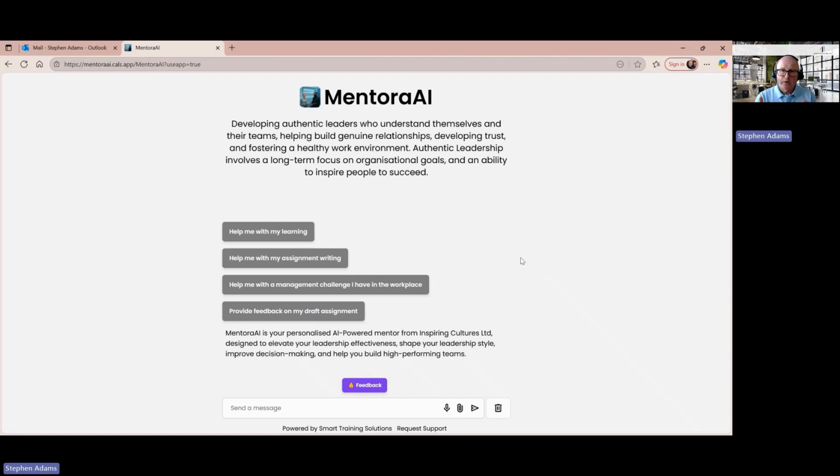Now, each time you go in, Mentora is going to ask you what you're looking for. One key tip is if you use Mentora's language, and I'll show you what I mean by that, to get the most out of the documentation. On the bottom bit is where you can key in any message you like. So if I type in here, please write my assignment,